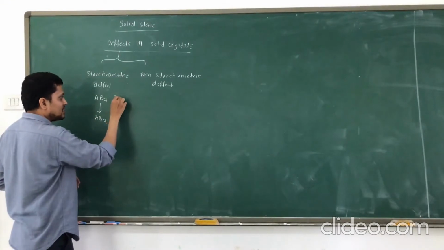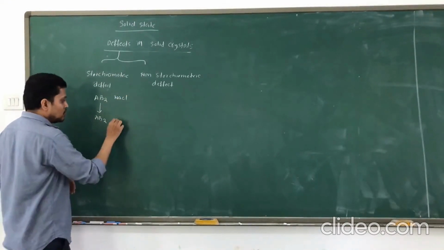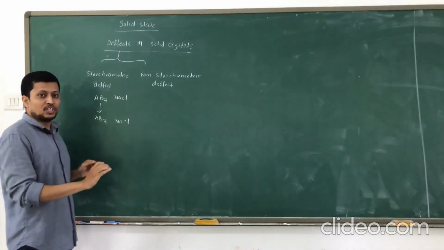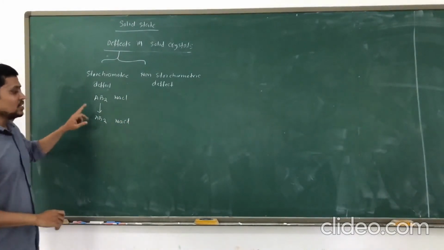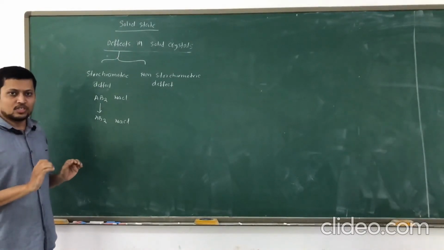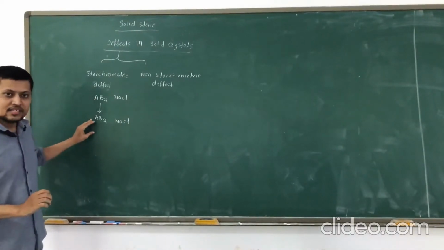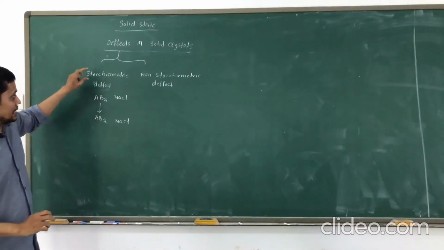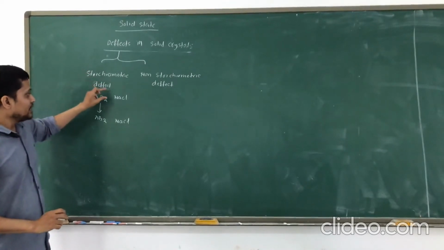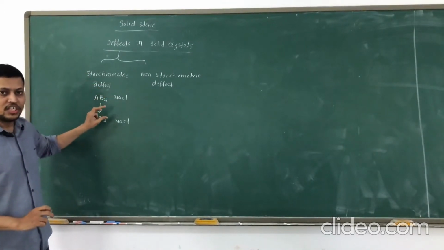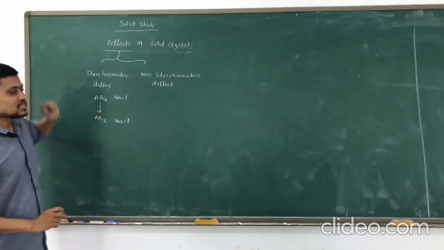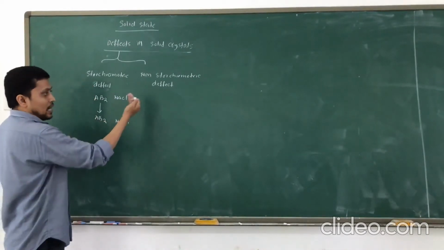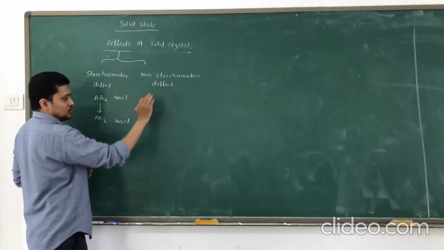For example, if I have NaCl over here, at the end also the number of Na and Cl is the same, and the formula of the compound is not changed. The composition is the same. That is called stoichiometry. That is, the chemical composition of the solid remains unchanged. So after the defect, the crystal structure of the solid and its composition do not change, and that defect is called a stoichiometric defect. Whereas in a non-stoichiometric defect, the chemical composition of the compound changes.